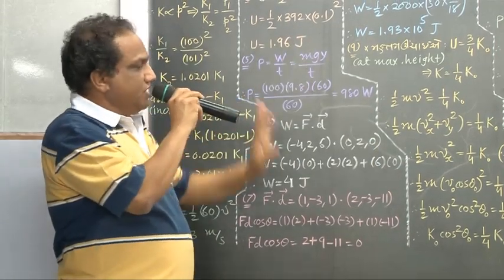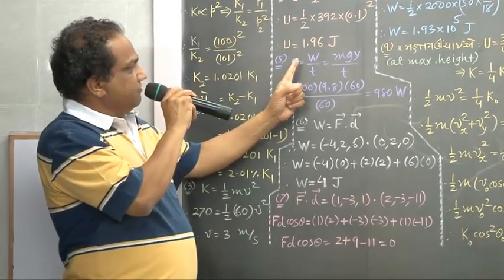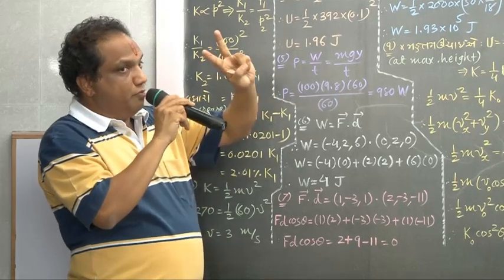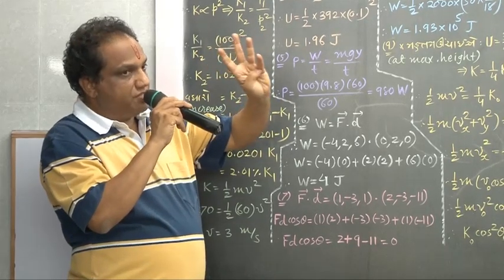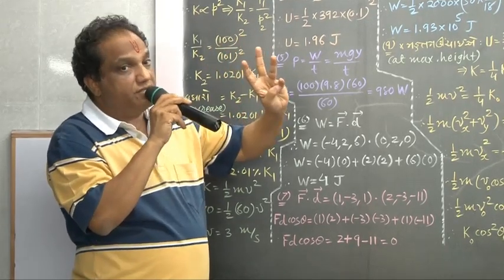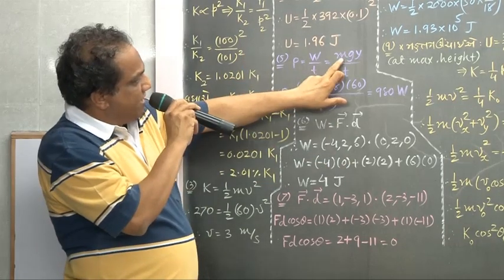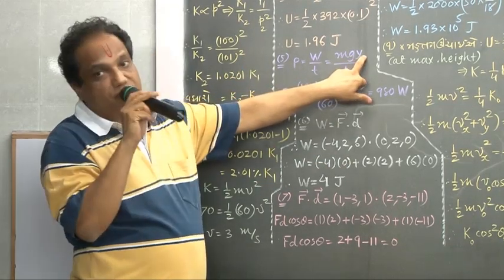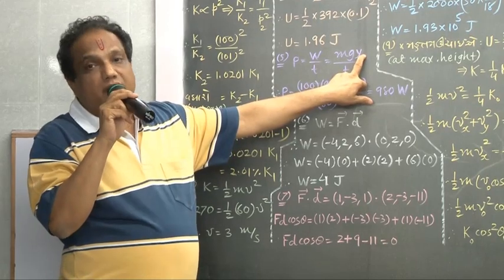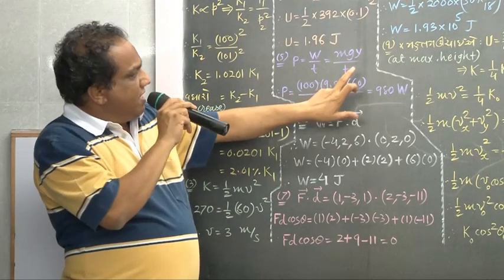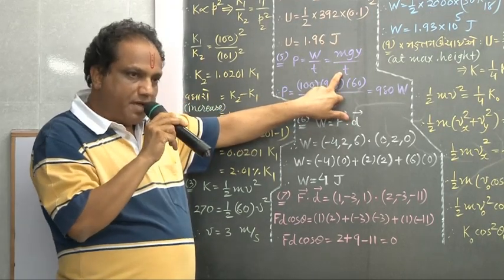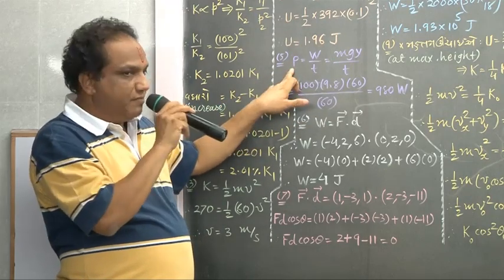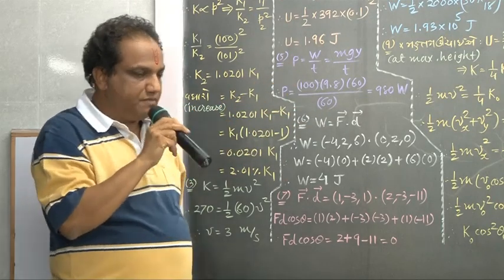So here what change will you make in that sum? Work done is utilized for two purposes. First, increase in potential energy, and secondly, increase in kinetic energy. So here you may write mgy plus half mv square, and total time taken is supposed to be. I am giving you all the values. You have to find out simply power. Okay. Write down the next one.